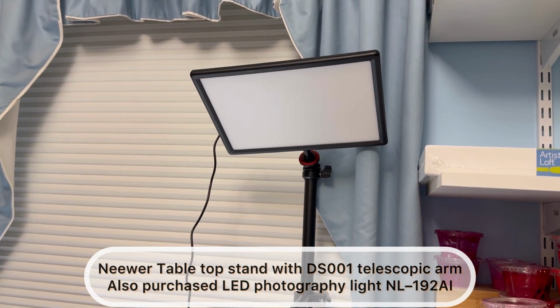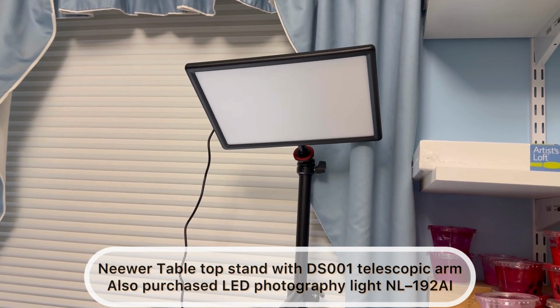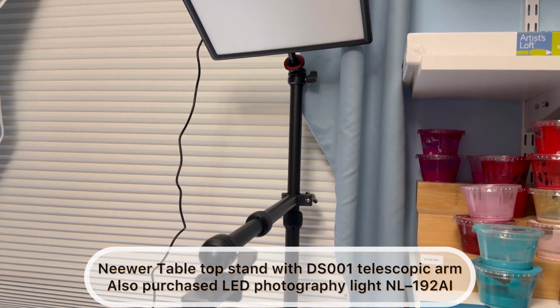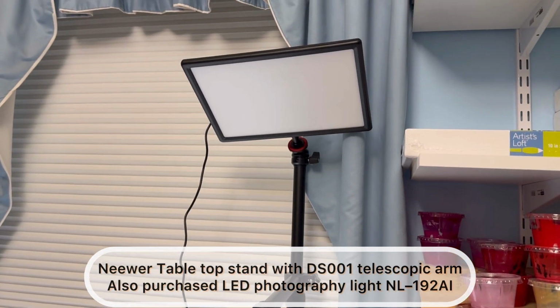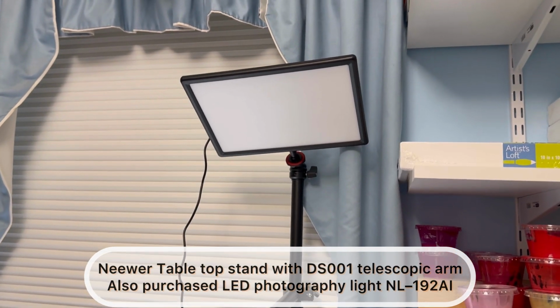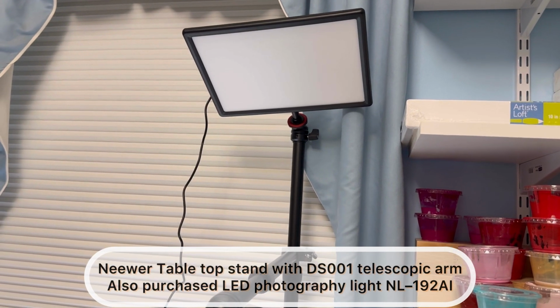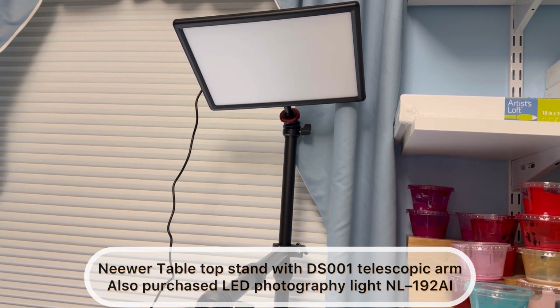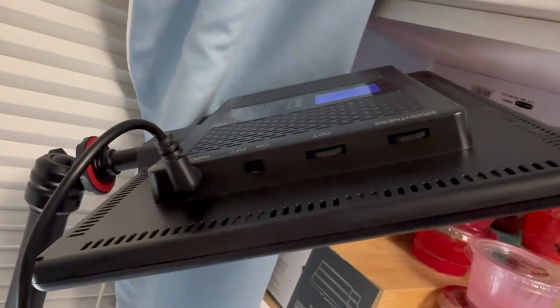I'm going to lower it. I'm going to show you more about the light because I can't reach it where it's at. So I'm going to get that down lower and I'll show you all the fun things that the light does. So stick with me. Okay guys, so up here on the light,